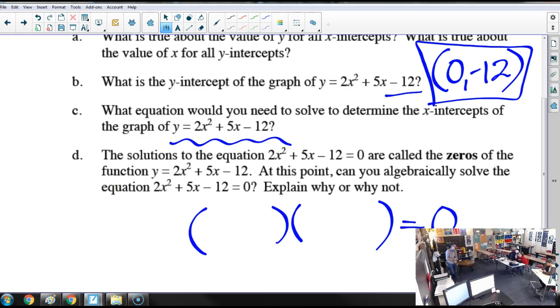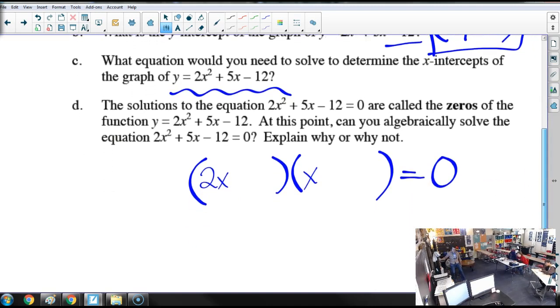They both have x, and we know that one has a constant. One of the x's is 2x and one of the x's is alone. Right now, if we go back to the method that we've been used to,